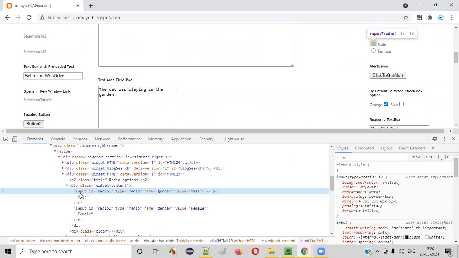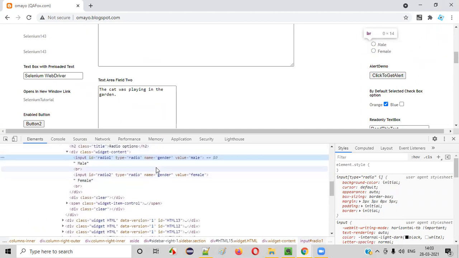Now, guys, what is the tag name of this radio button? Input tag. It's a different tag name, and it has some attributes also. Inside the starting tag of input, there are some attributes like the ID attribute. As I already explained, developers give this ID attribute to any UI element on the web page to uniquely identify it. Developers have given ID is equal to radio one here. Similarly, there are other attributes like type, name, and value. Depending on the needs, the developer will add other attributes. The value is the value of this radio button. So name is equal to gender, type is equal to radio, and ID is equal to the name he gave.